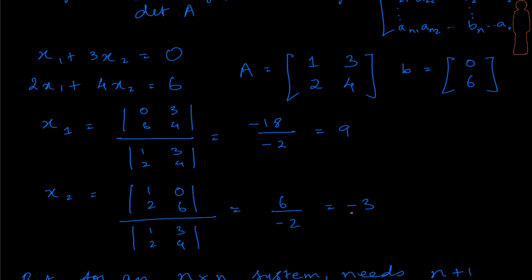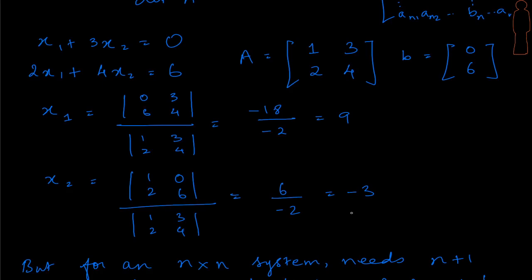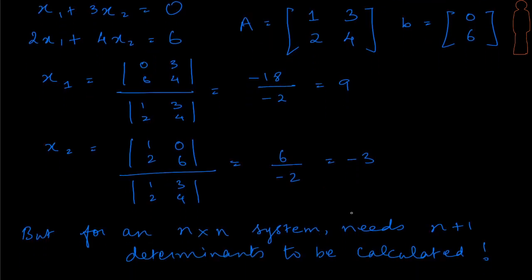It's a very huge disadvantage when we look at Cramer's rule, because when you want to find the solution for an n by n system, remember that we need to calculate n plus 1 determinants, right? And calculating the determinant is definitely not easy. It will need a lot of calculations, and therefore using Cramer's rule for finding solution is definitely not worthwhile.